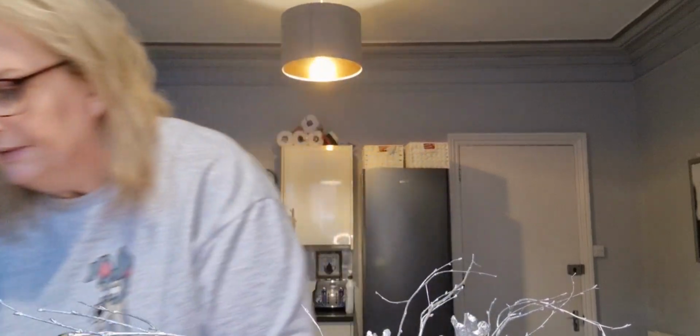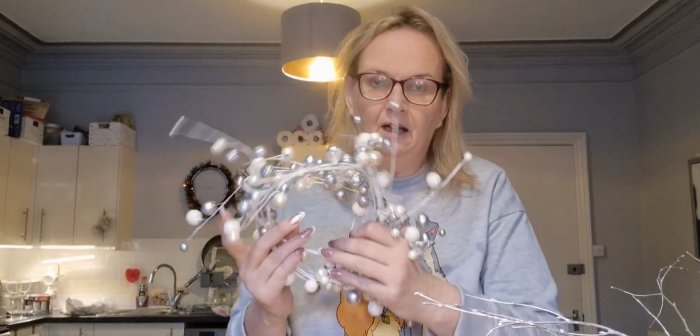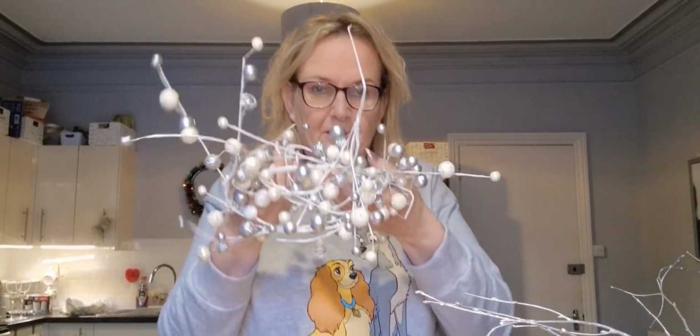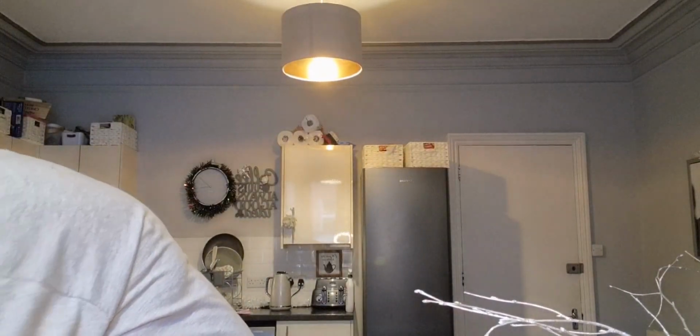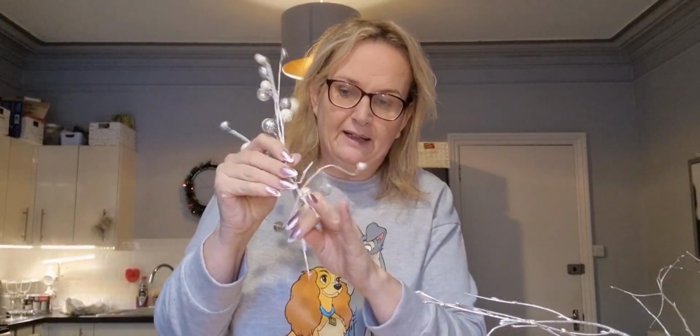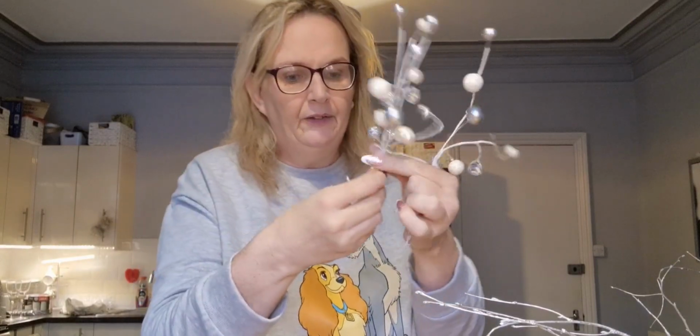Now, the other bit is I picked up last year in the range this lovely garland. Now this garland actually stayed on my, I'm sure it was on my lounge last year, on the mantelpiece. But this year, what I've done is I've twisted it as much as I can, and I've taken a couple off. And the reason I've taken a couple off is they're actually wired anyway here, if you can see the wire here. So you've got the wire,